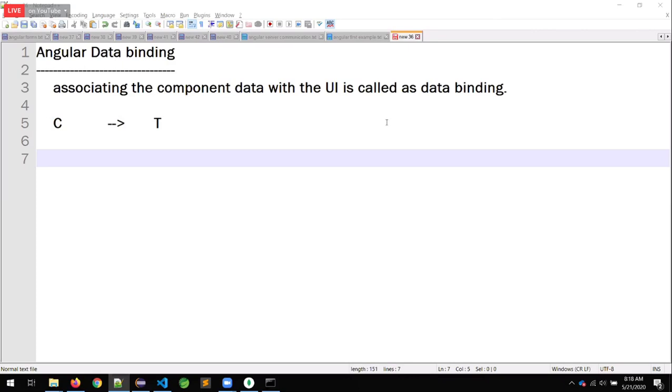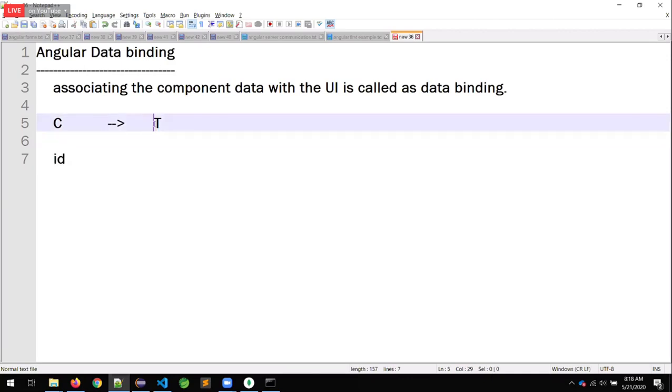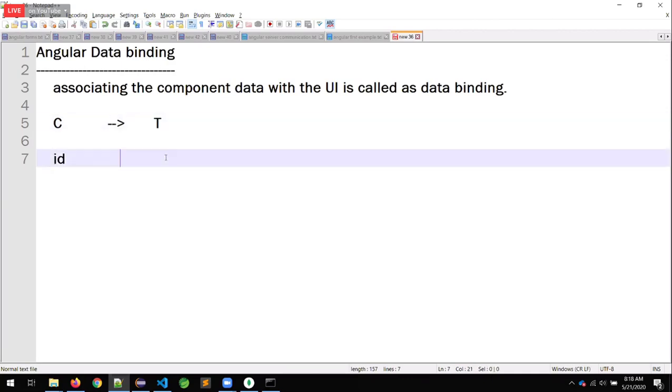Now tell me, in the class we are going to create a property. I created a property. What is the property I created? ID. Now this ID I want to display to the user. Very simple, we are going to use expressions. What is the expression syntax? Double curly braces.